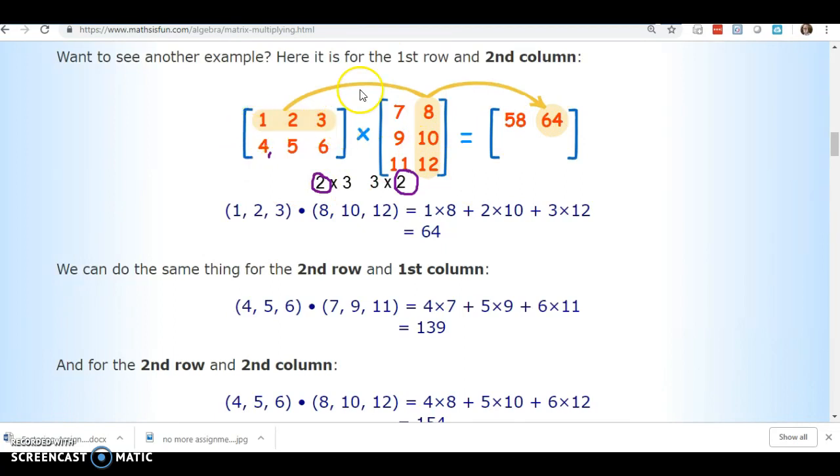Alright, so let's look at how they're getting the rest of these entries. So I did row 1 times column 1 to get 58. Now I'm doing row 1 times column 2. Again, it's kind of like distributive